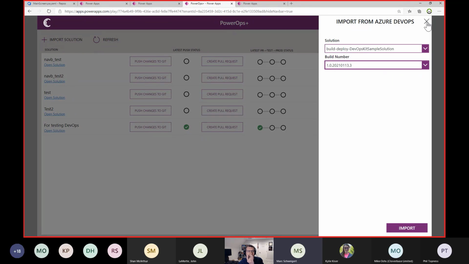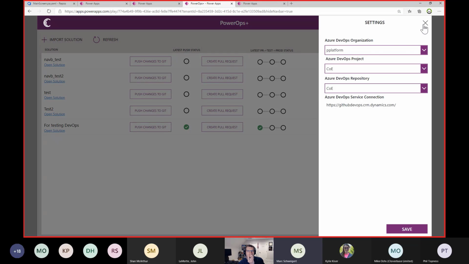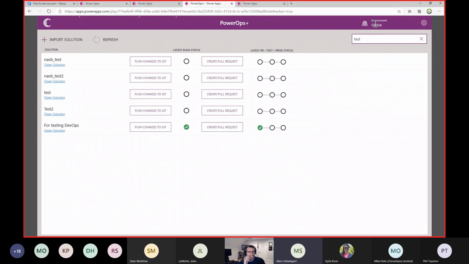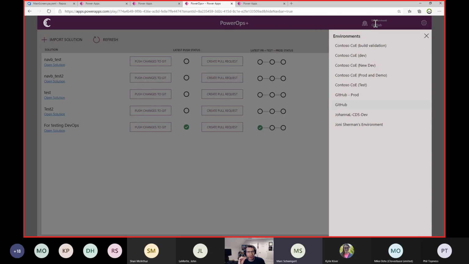into my Dataverse environment. And so, as I mentioned, this thing is configured so you can point to any Azure DevOps organization, project, repo, right? And once the Azure DevOps organization has been configured with Power Platform service connections, we will go find those service connections for the various environments, and you can point to any environment.